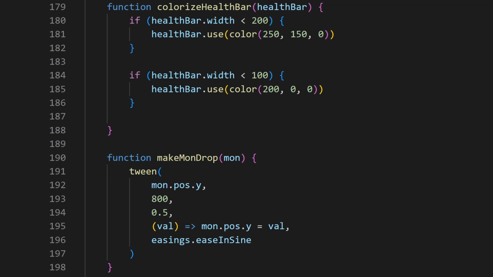So when the player health bar is near depleted, we color it red. When it's mid, we call it yellow, a bit like the Pokemon games. And for this, I've created two functions. Actually, one called colorize health bar. It's going to color the health bar by telling the health bar to use a specific color component if the